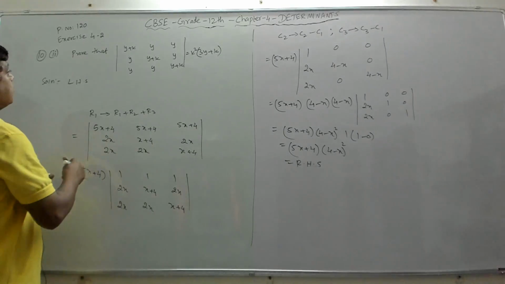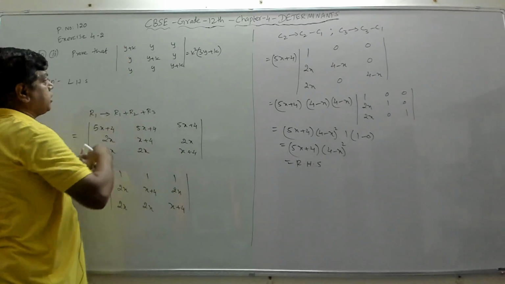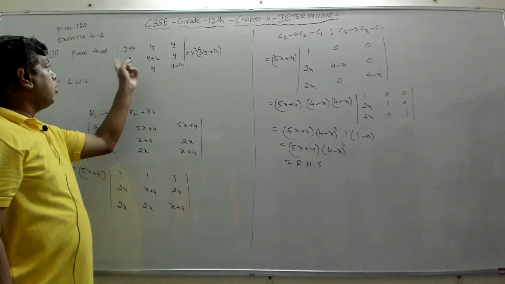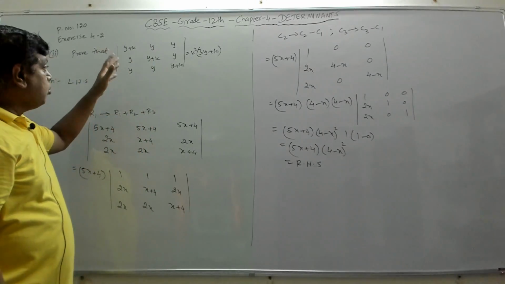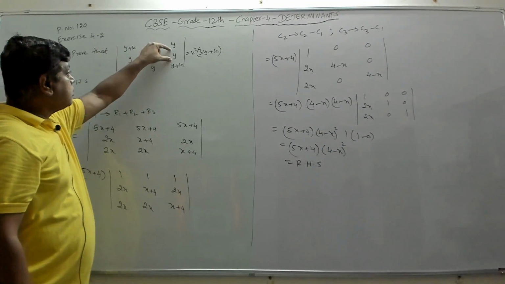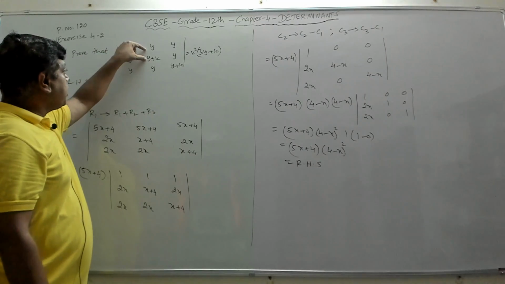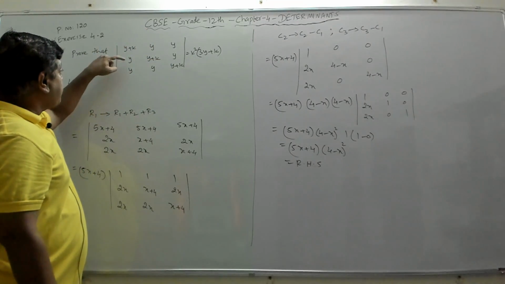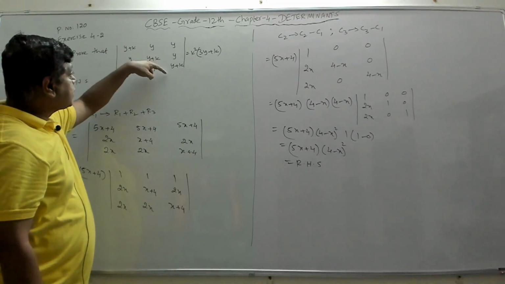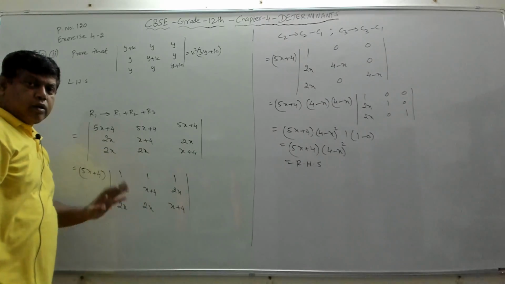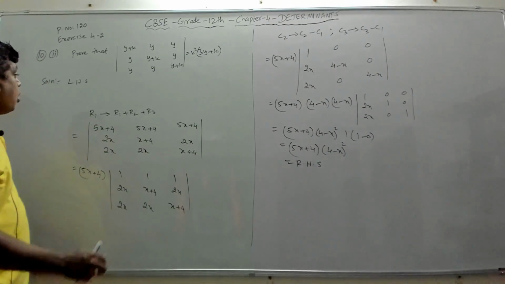Right, again we will try to apply the same logic. We will have to check whether a row or a column has all the elements the same. No, but can I add two of them? Two rows gives me 2y plus k, but this gives me only 2y. But if I add all three, y plus y plus y plus k, I get 3y plus k, 3y plus k, 3y plus k. So I am getting the same elements in row 1, so we can do the same operation.